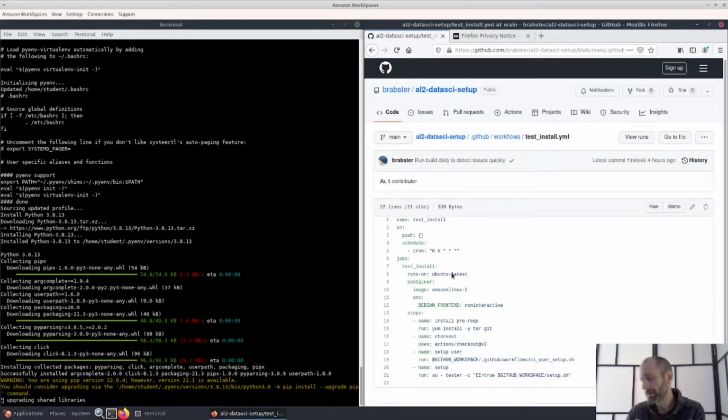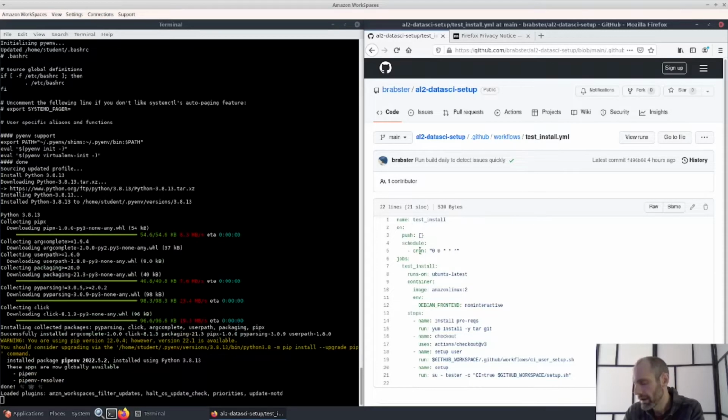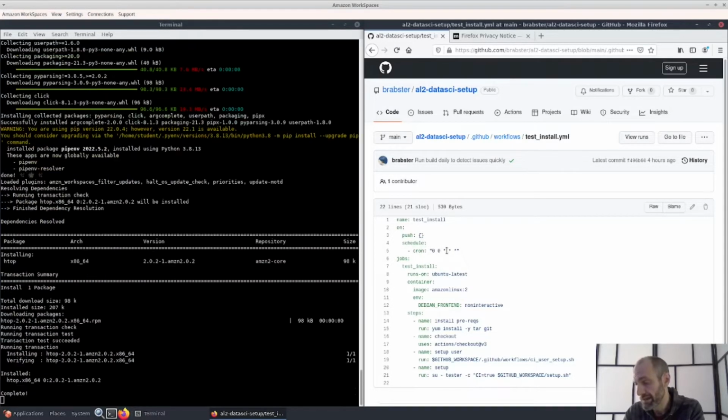So I've got this definition of what to do. Essentially, this GitHub action is saying that when there's a push made to the repository, as in I've changed something, or on a schedule of every day at midnight, I want you to run the automation defined in jobs. The job runs in a VM, which is an Ubuntu VM, the latest version of Ubuntu